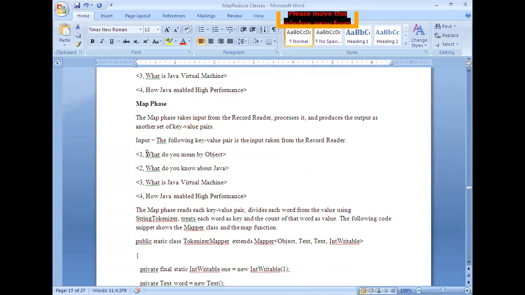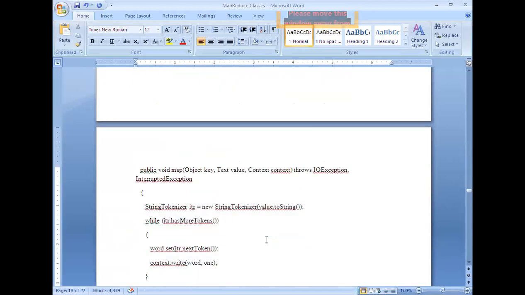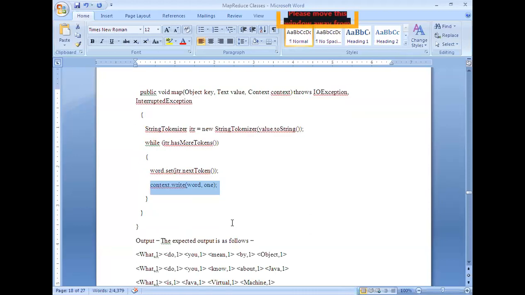I mean, you just read word by word, and you are supposed to store the count. First word followed by the count, second word. In order to produce that kind of output, you may write your own logic, no issue. You need not follow the same logic for producing the output. Here our intention is how we extract the words and how we can write the count of it. That's it, right?